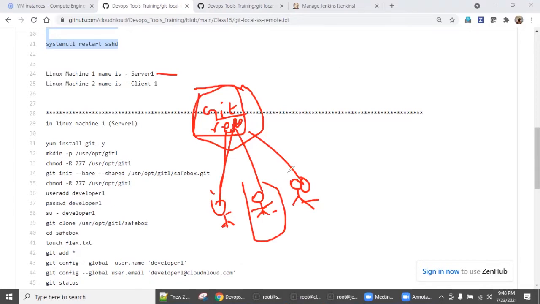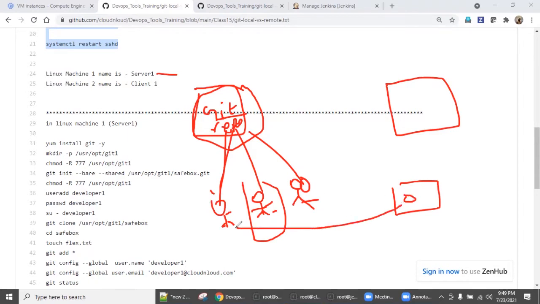And apart from this, there is Jenkins, right? In github.com, there is a small application. What we can do is, developer one downloads this clone, changes some file configuration and pushes it back. Jenkins detects the changes and immediately starts the build. Remember, developer one is sitting in his machine only, right? The GitHub is somewhere, the Jenkins CI server is somewhere. This is how production works.